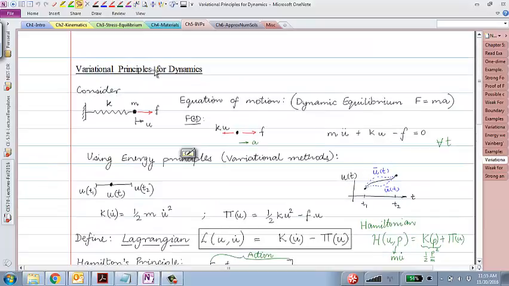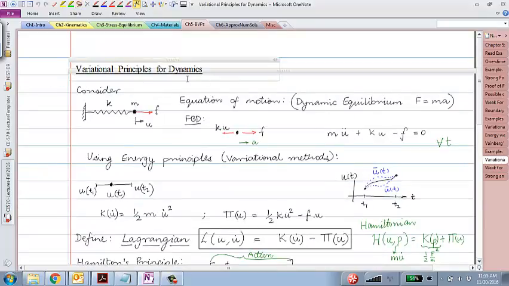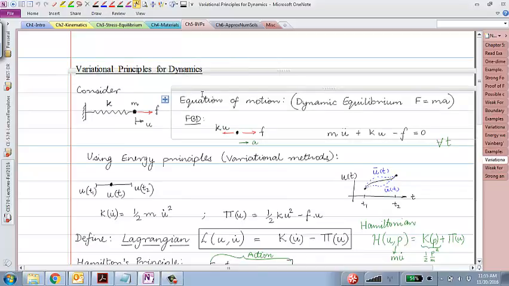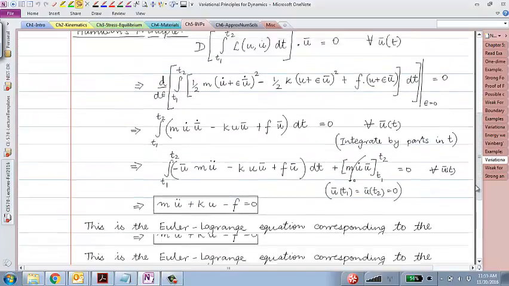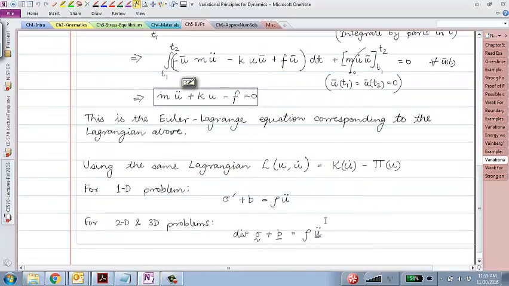So this was just an aside to let you know that these variational principles of energy that we have been talking about are not just for static problems. Even for dynamic problems, there are actually multiple variational principles for dynamics that people have derived. And as I mentioned, this type of equation that you obtain from an energy approach,